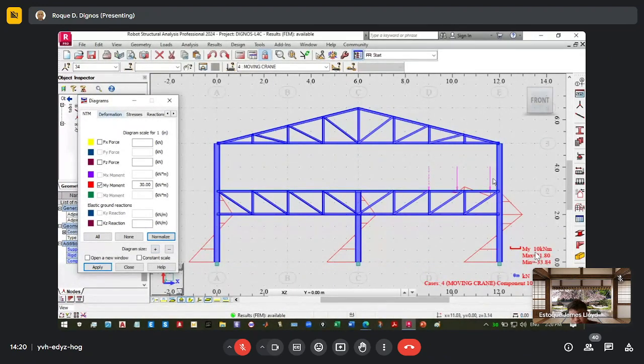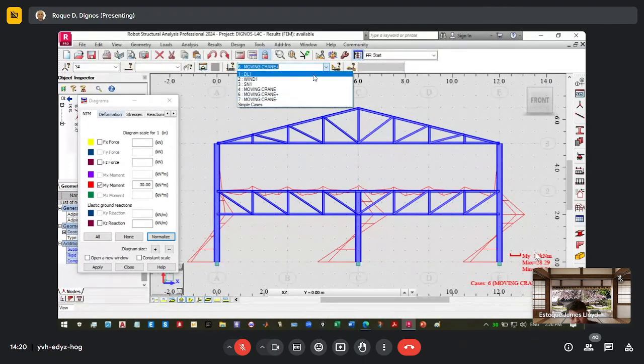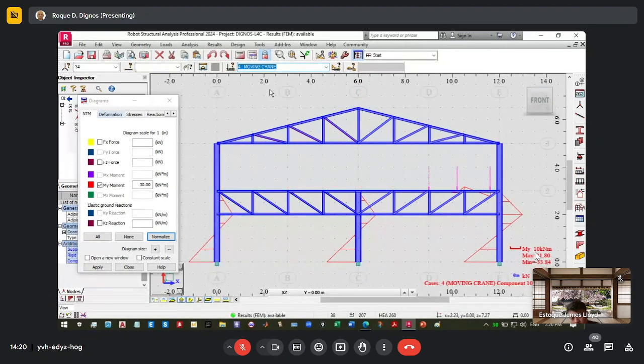As the moving crane moves, we have this bending moment. In the other direction, I think this is from the start, and it will go like that, and like that, and no more, I think. And if we get the shear force, you get that also.